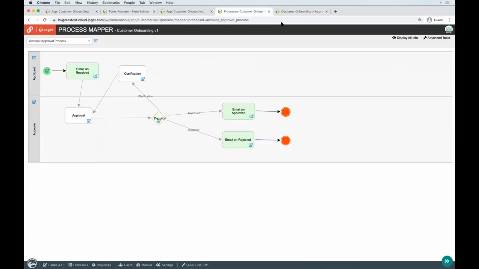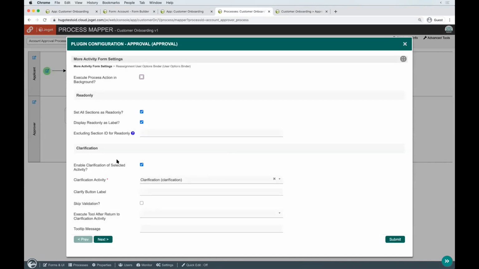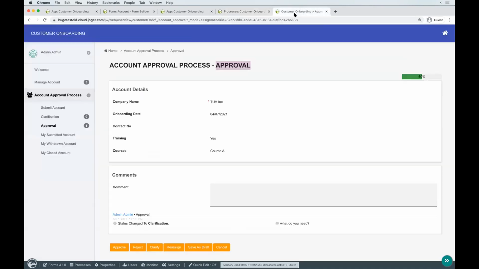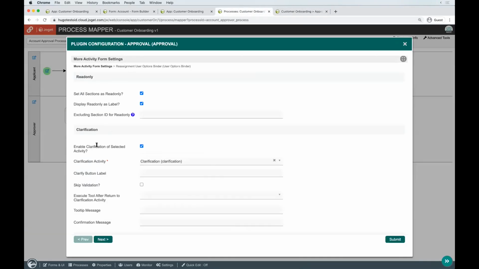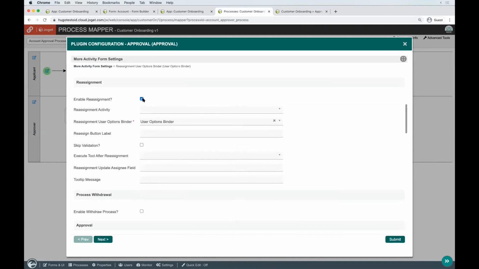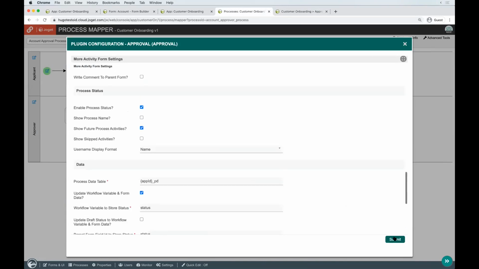So this is a developer view. Currently we are at approval. If you want to, we can click on more settings here, and this is how all those buttons that you saw earlier appear, because they have been enabled. For example, we enable clarifications, so we will have the ability to clarify. We also have the ability to reassign the approval activity to someone else. Say that I uncheck this. There are a lot more settings here. If I uncheck this and submit,